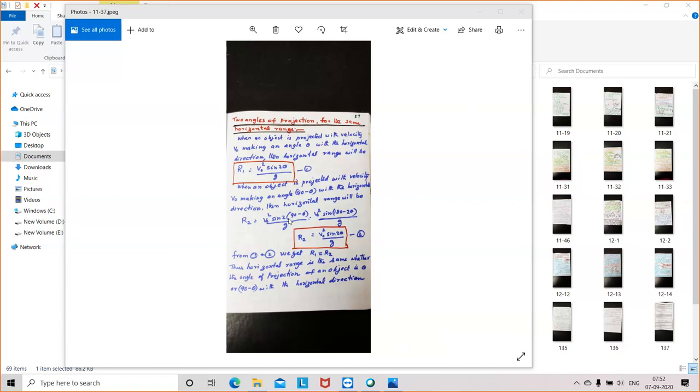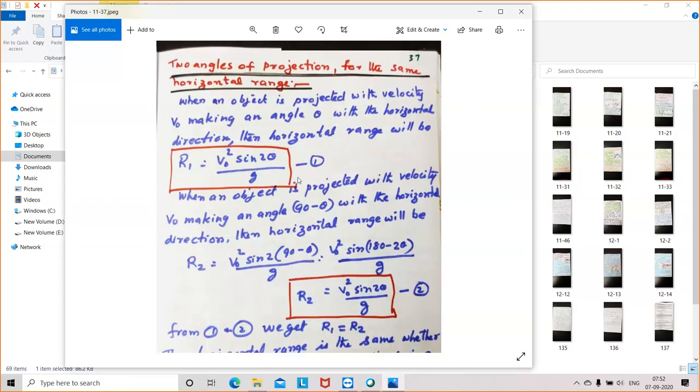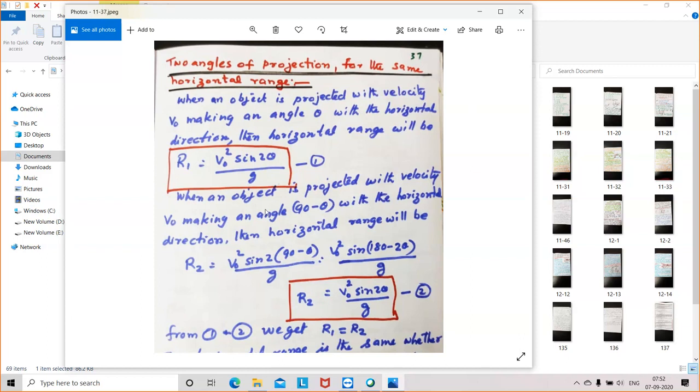Today we continue with projectile motion, and we can show that there are two angles of projection for the same horizontal range. For that we can see this derivation. When the object is projected with an initial velocity v0, and the angle of projection is theta,